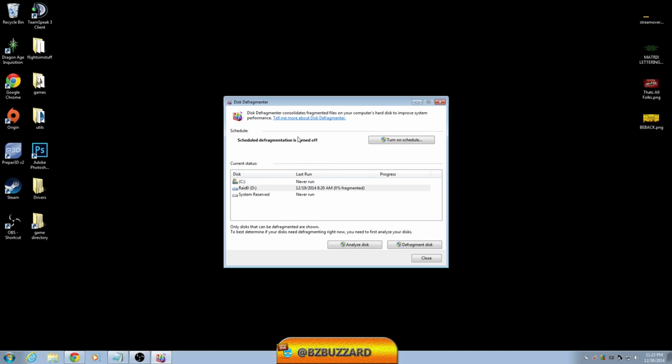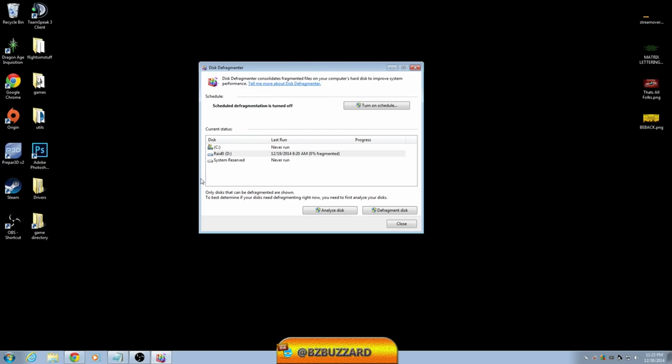So you should see this: scheduled defragmentation is turned off. That way your computer will never defragment without you telling it to. And I think if it's on, the way to turn it off is somewhere on this page. I think it's either right here. It usually says turn off schedule or something like that. But you'll be able to figure it out. It's pretty intuitive. You want to turn off this defragmentation schedule and also make sure that the SSD is on